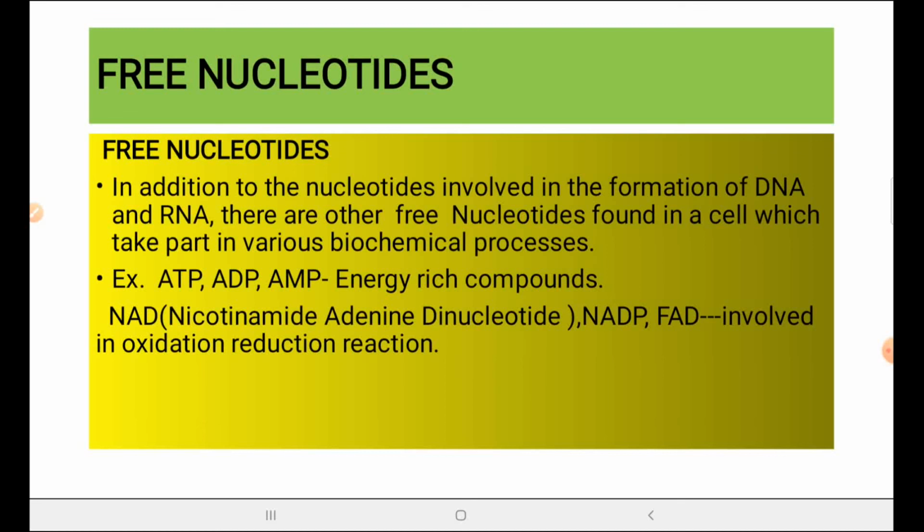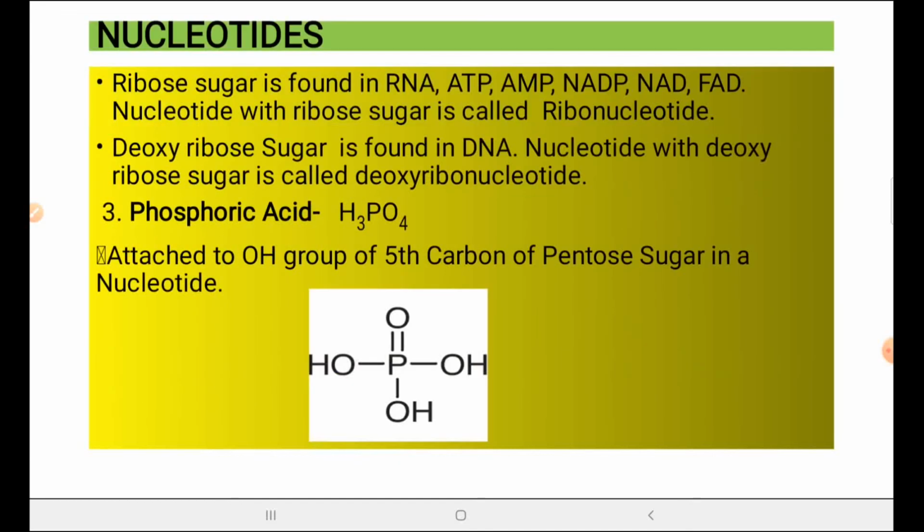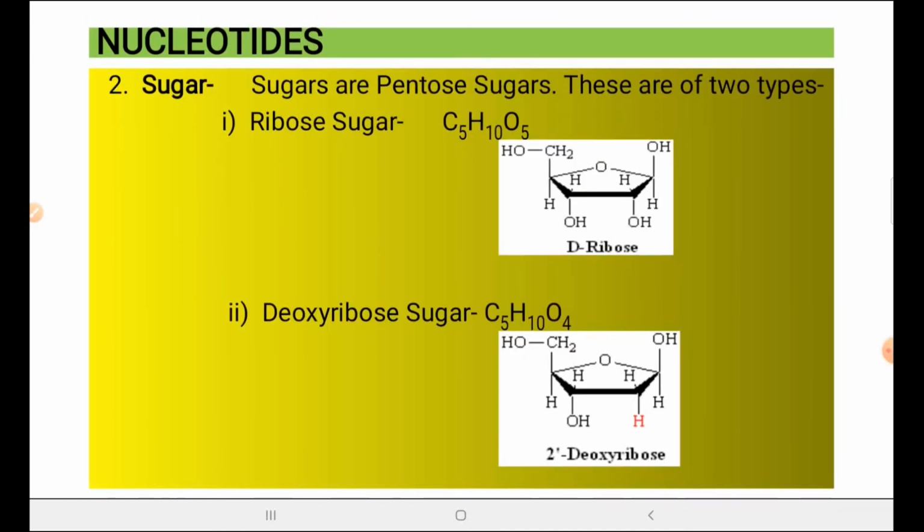reactions. So now we came to know what your nucleic acids are made of. Nucleotides and nucleosides. If you discard the part called phosphoric acid from a nucleotide, then whatever portion is found is called a nucleoside, pentose sugar and nitrogenous base. So nucleotides are basically the building blocks of nucleic acids made up of nitrogenous base, sugar and phosphate group.